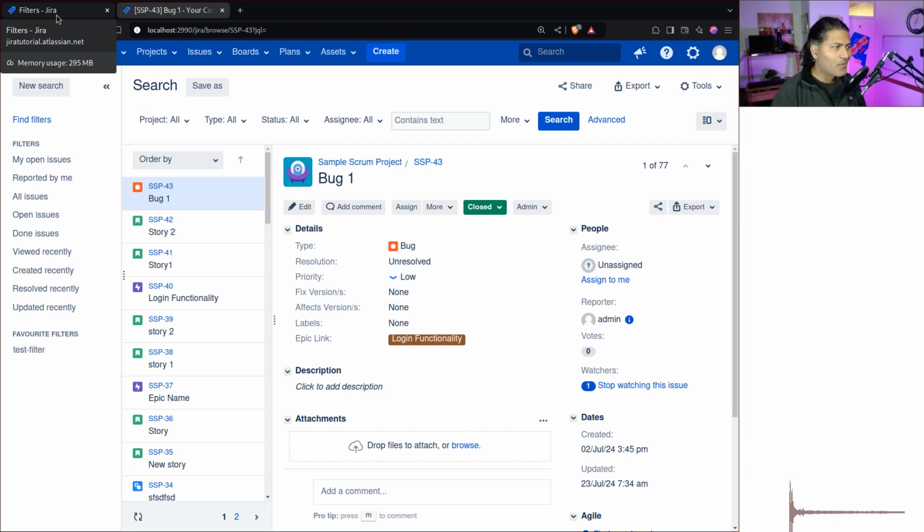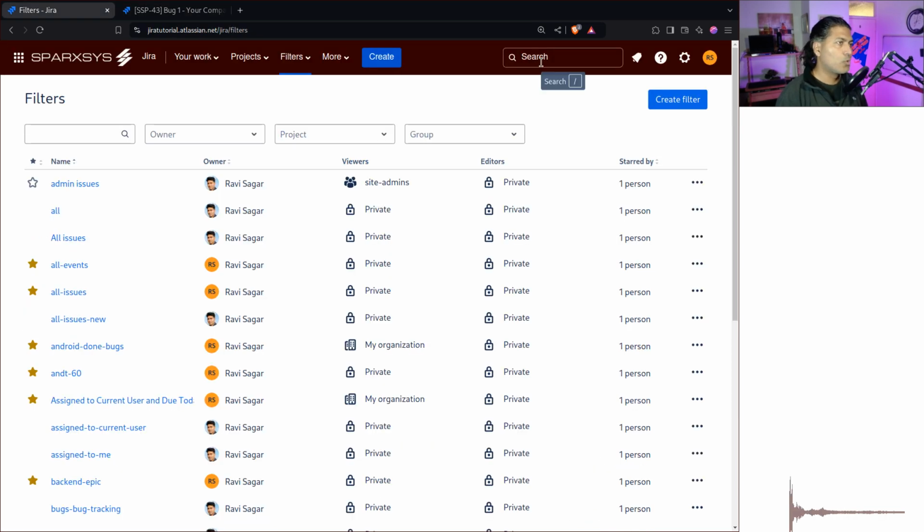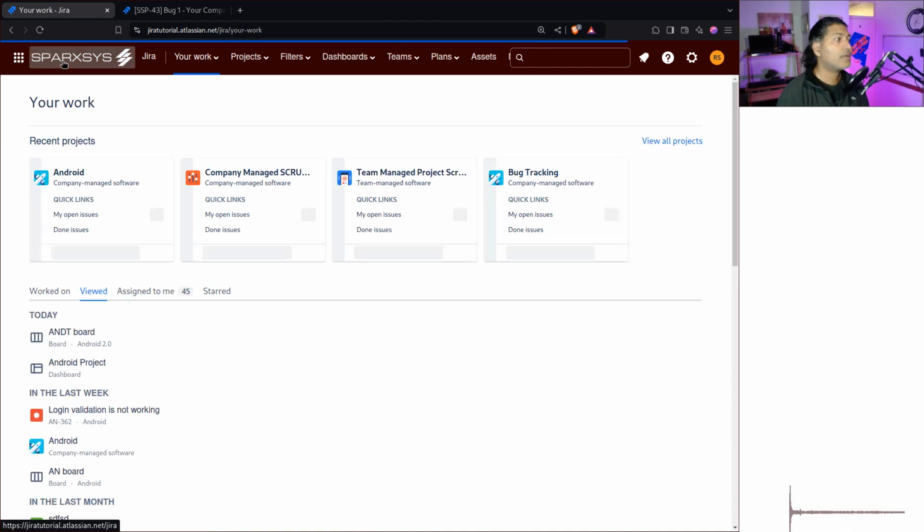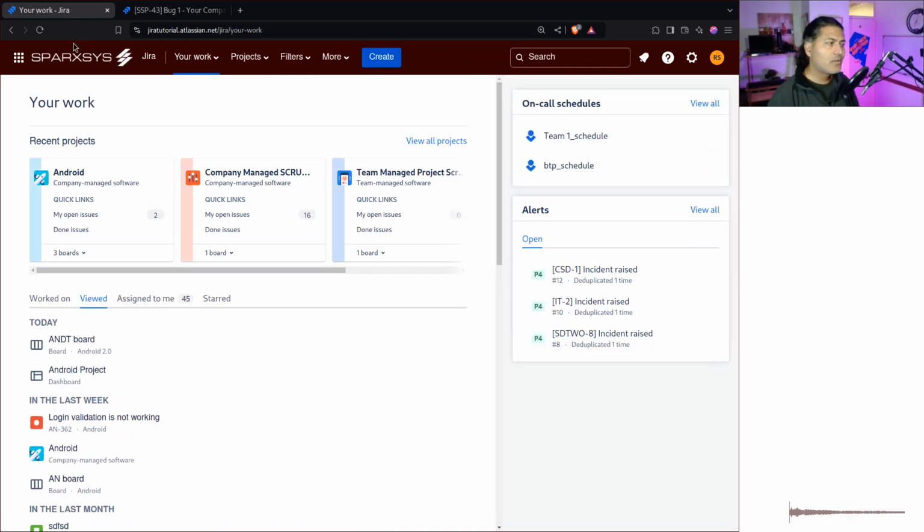Tom, right? Now, of course I can tell them that yes, I can create a filter for you, but if they're experienced, they can say, okay, let me do that very quickly. They will go to search and they will perform a search. Here it is too many clicks. They can do it, but it is a bit frustrating. And I'm not really saying it is only for those people who are coming from Jira Data Center. It is also equally true for new Jira users, because for new Jira users, in the Jira Cloud interface, there is a